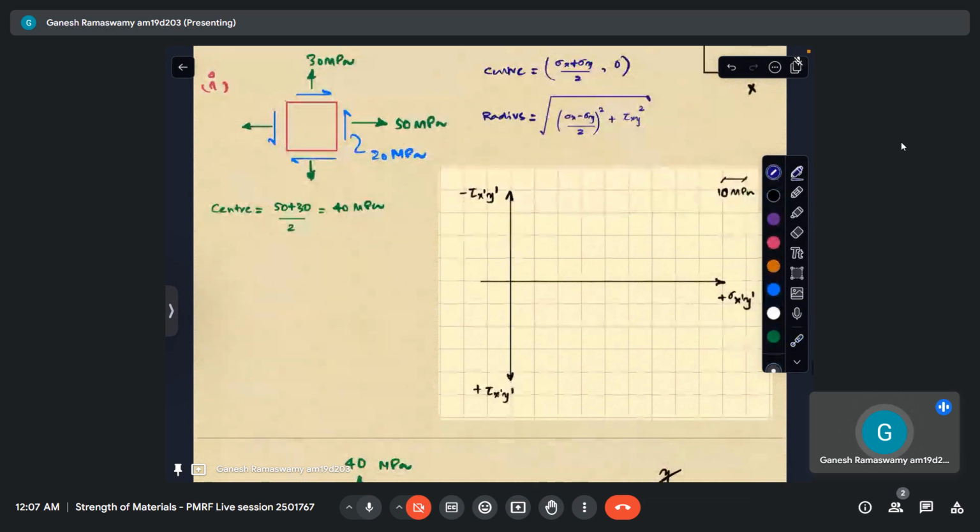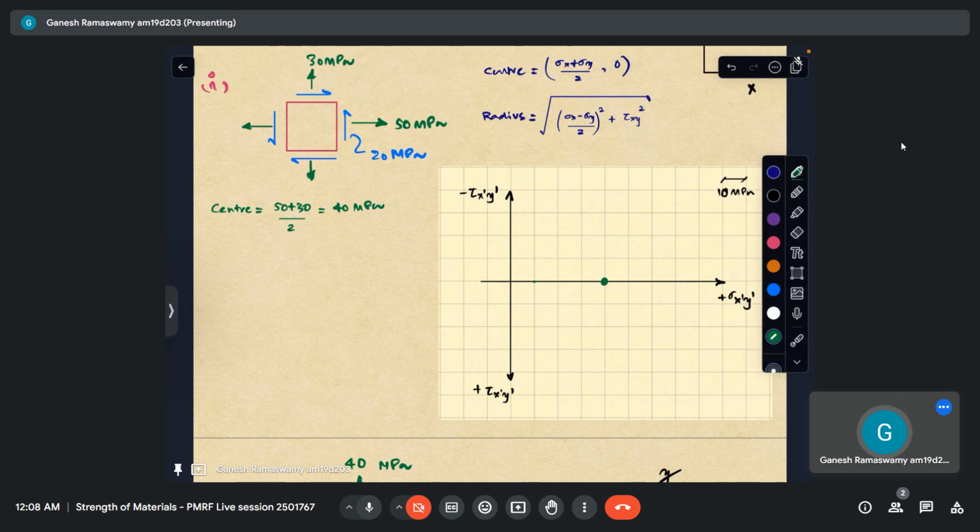So for the sake of all the problems, I will be following this grid. In essence, we need not follow everything to the scale, but just to make things clear and to have a visual appreciation, I have used the grid here. It is up to the discretion of the viewers whether they want to use this or not. In any case, here in the grid, 1 unit is 10 MPa I have taken. That is the scale I'll be following throughout all the problems. So the center is at 40. So this is 10, 20, 30. So this is the center.